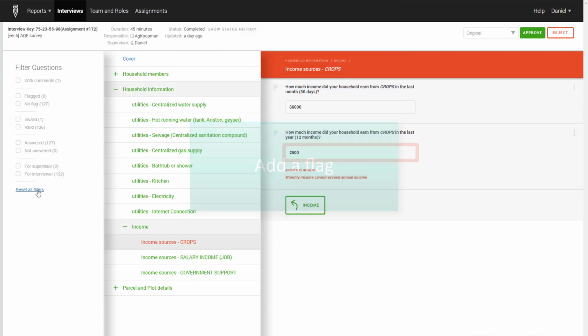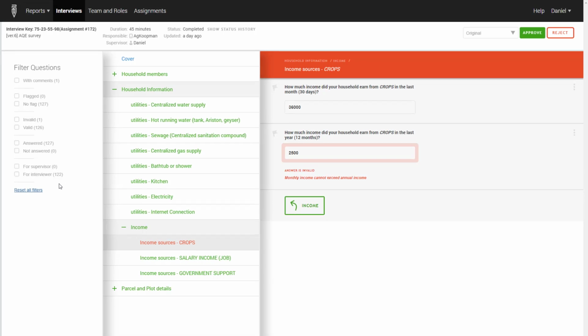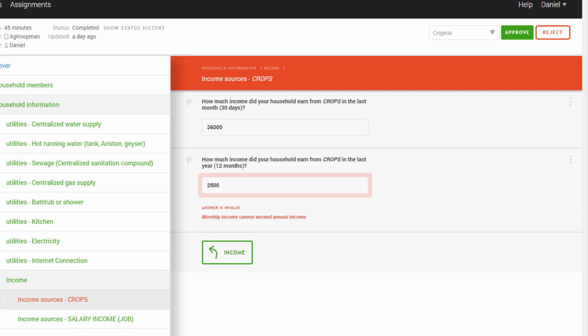Add a flag. The supervisor will have to review large amounts of information in each questionnaire. Flags will let the supervisor mark questions that would need to be reviewed again. For example, when comparing the consistency of an answer in an earlier module of the questionnaire with an answer in a much later module. To add a flag, navigate to the question where you want to leave a flag and